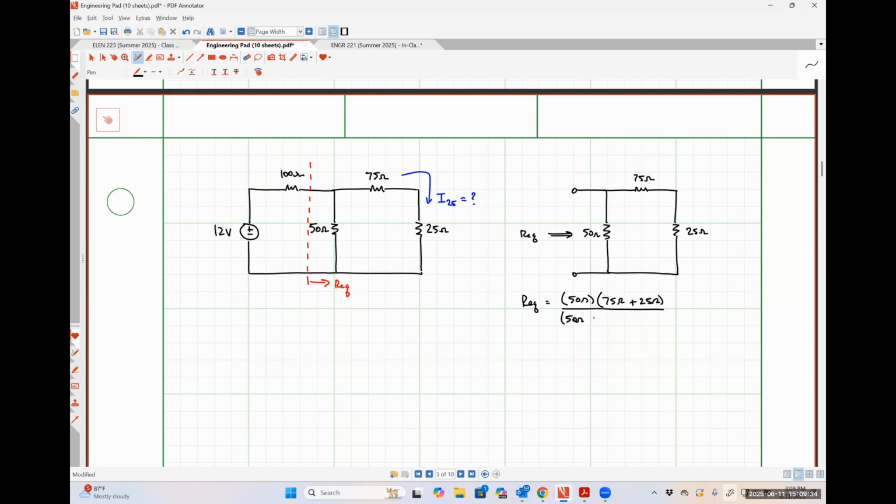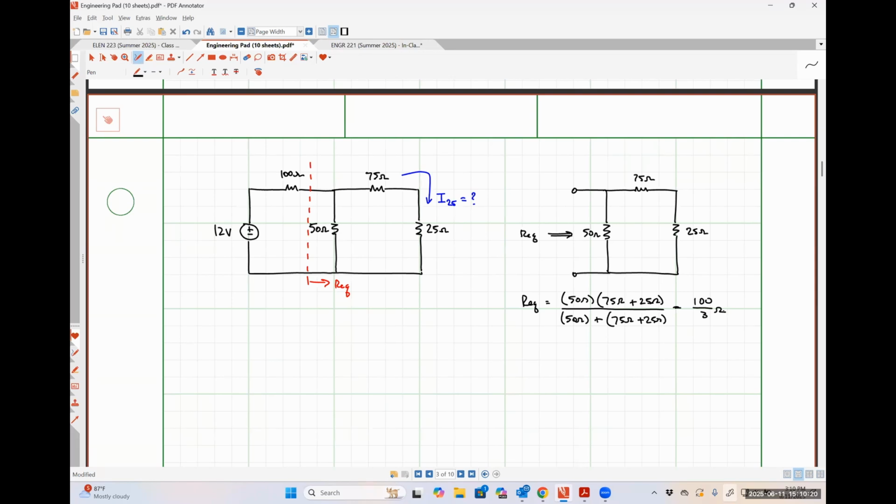Over 50 ohms plus 75 ohms plus 25 ohms. Okay. Where I'm just using that parallel, R1 times R2 over R1 plus R2. But my R2 in this case is the series combination of 75 and 25. So I'm just treating that as if it were a single equivalent resistance of 100 ohms, which is exactly what Colin suggested. Okay. So if I throw this into my calculator, 50 times 100 over 50 plus 100 gives me an equivalent resistance of 100